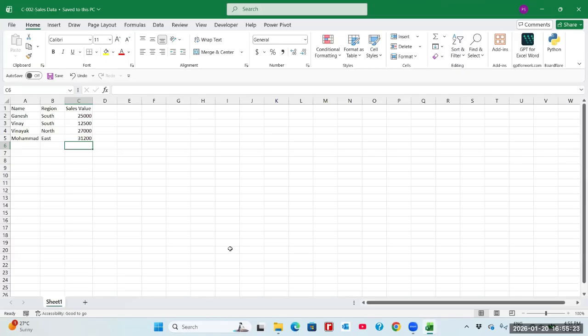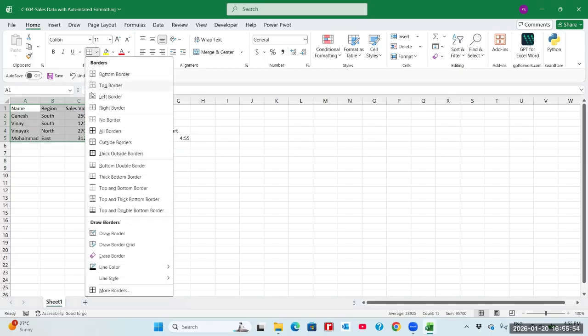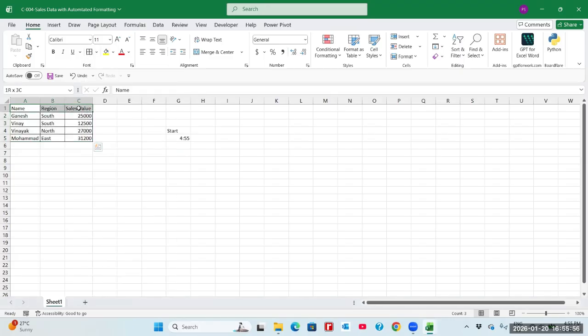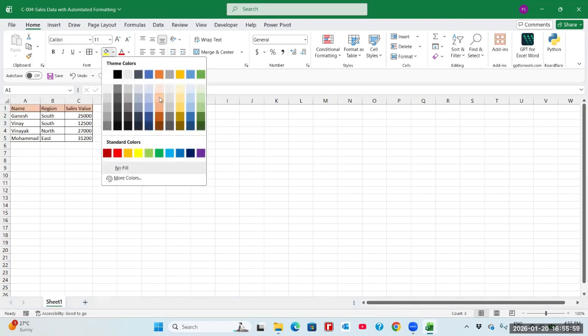So now, what automation are we going to do here? Just watch this. This is the data here, okay? Now, how to do the automation? I would like to tell you why we have to go for automation. So I'm just going to spend the time now to do this formatting here. So let us say we are starting here. Start time is now 4:55. Okay. So now I'm making the format here. Just watch. I have applied the format. I have applied this border